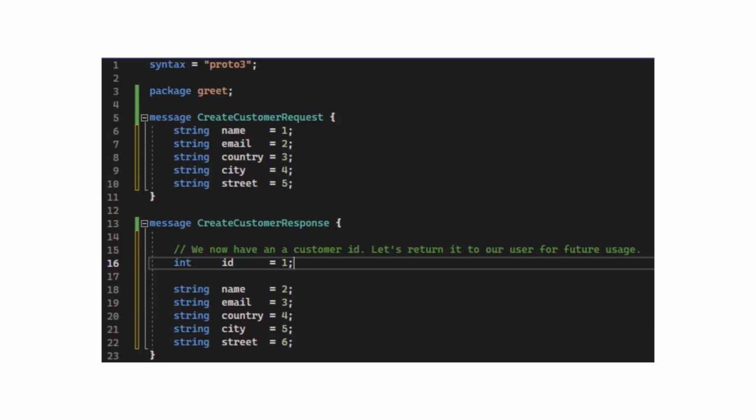But what we see is a strongly typed definition for types that are then being used over the wire in our API calls as request and response objects, as a data contract of request and response objects.